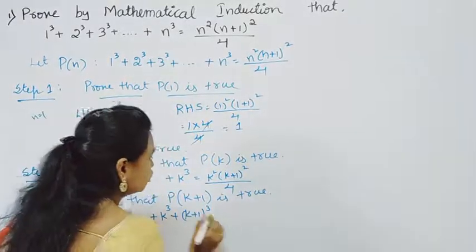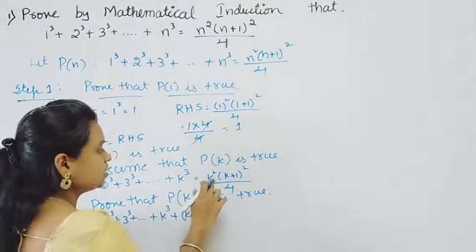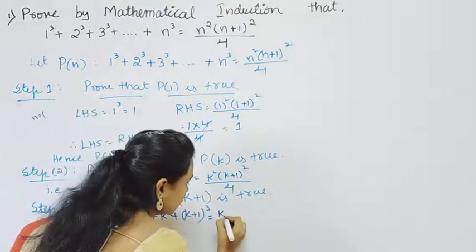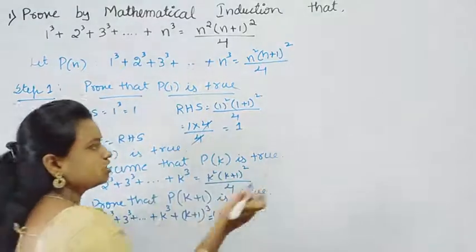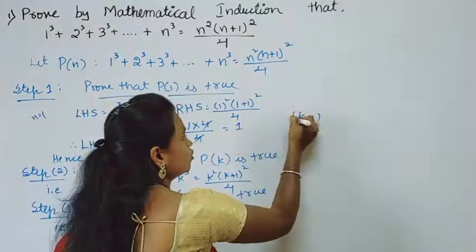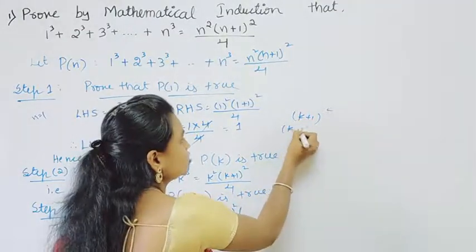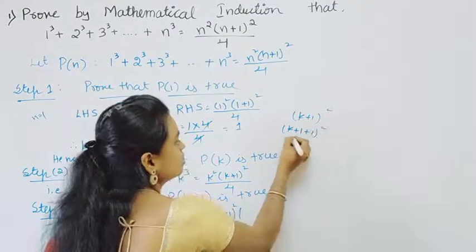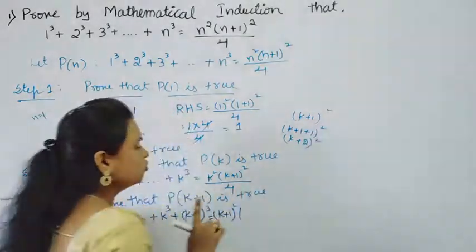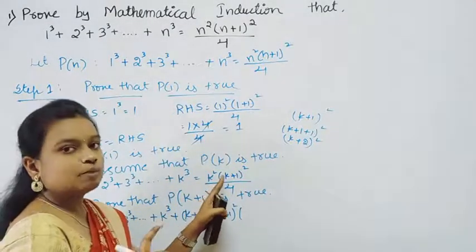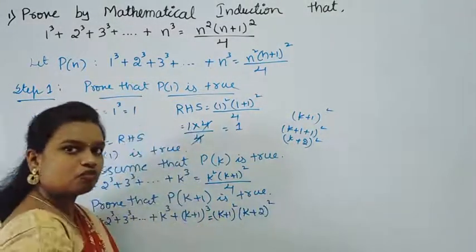That is equal to, RHS becomes, put k is equal to k plus 1. So k square becomes (k plus 1) the whole square. Then here we have (k plus 1) whole square; put k is equal to k plus 1, so (k plus 1 plus 1) whole square. K plus 1 plus 1 is k plus 2. So if we put k is equal to k plus 1, we get (k plus 2) the whole square, whole